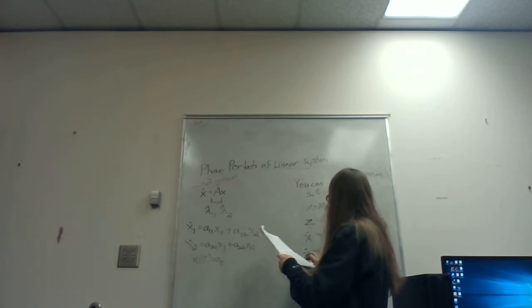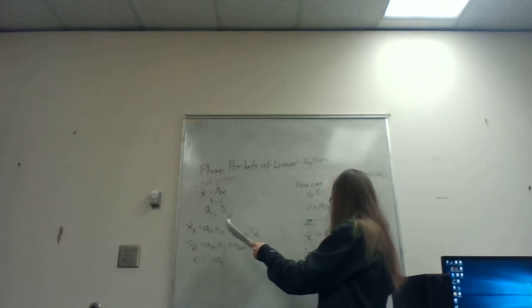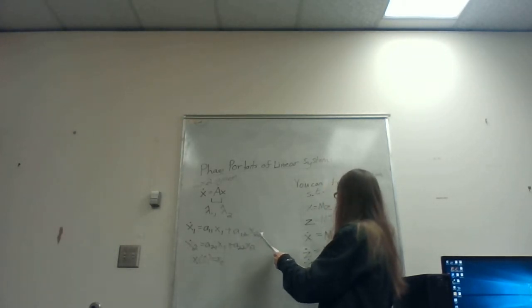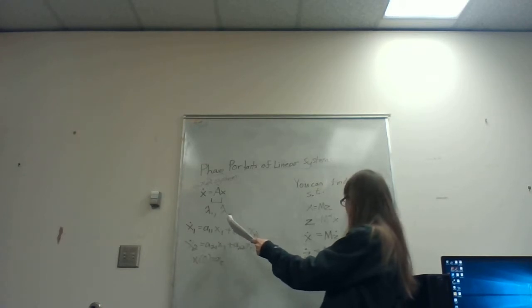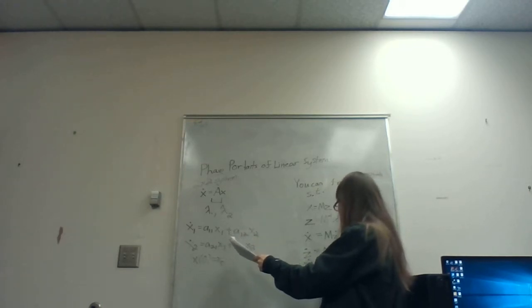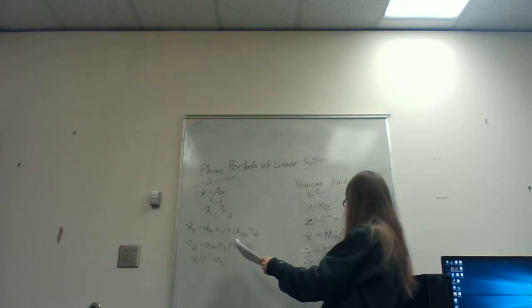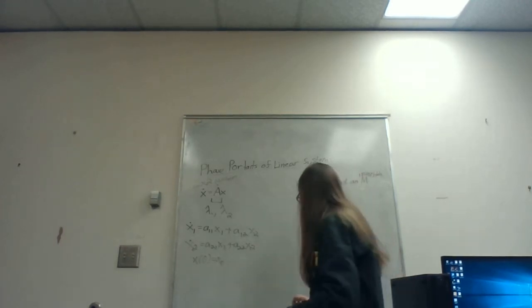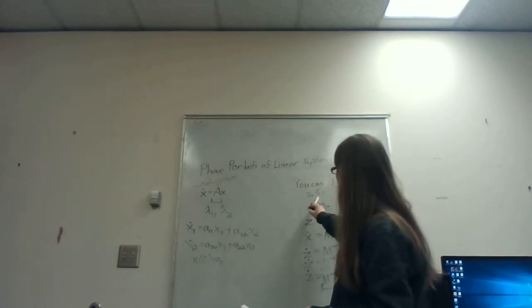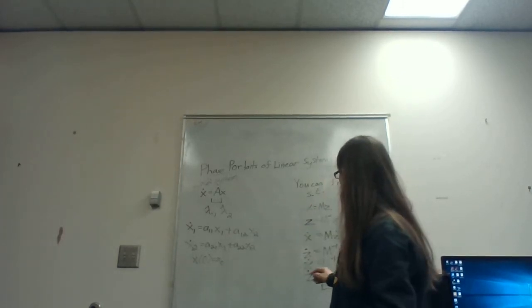Z dot equals M inverse X dot. Z dot equals M inverse, and then X dot is MZ dot, or AX equals M inverse A MZ? Yes. Okay. So essentially what this is saying is, for this 2x2 linear system, and even for systems bigger than that,